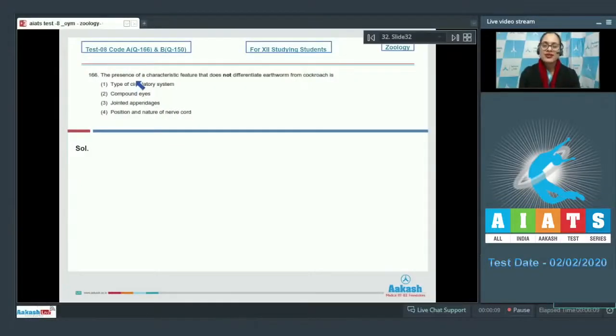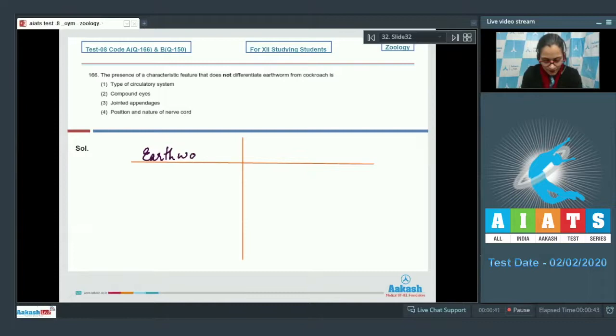Question number 166. The presence of a characteristic feature that does not differentiate earthworm from cockroach is, and the options given are type of circulatory system, compound eyes, jointed appendages, and the last option is position and nature of nerve cord. In between earthworm and cockroach,